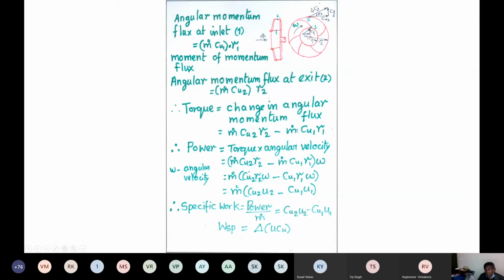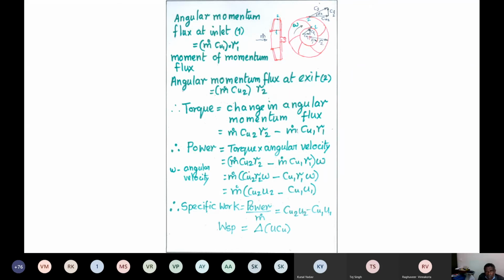One thing I have done is the velocities have been resolved into two components. One denoted by Cu2, which is in the direction of the blade velocity u2. The other one is Cf2, perpendicular to the u direction. Similarly here at entry, Cu1 and Cf1 are indicated. Now coming back,